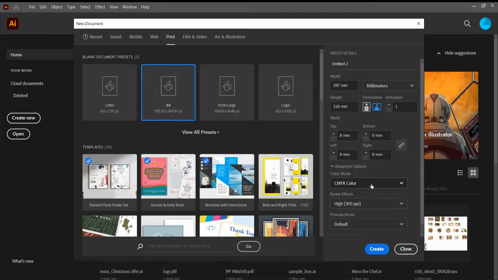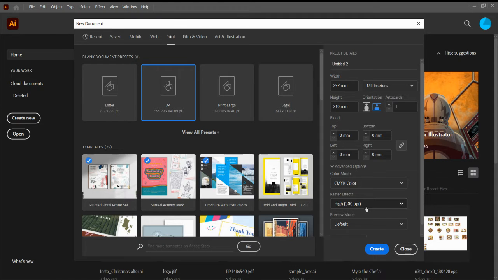And the color mode, CMYK mode. Why am I taking CMYK mode? Because print happens in the CMYK color mode. CMYK stands for cyan, magenta, yellow and black, I hope everyone is aware. If you scroll down, you will see one more color mode, that is RGB. RGB is the default color mode for the rest of the media apart from print, be it web, mobile, video. So everything else works on RGB mode.